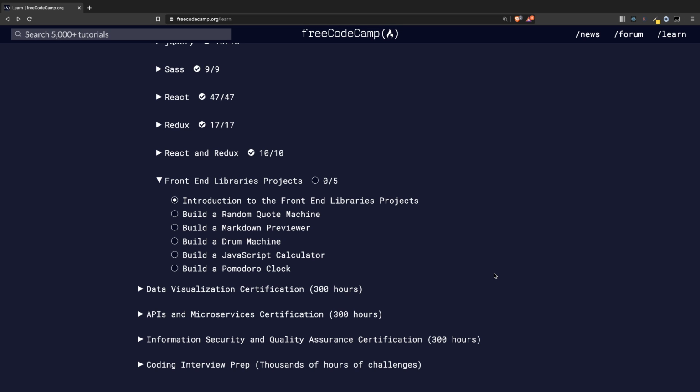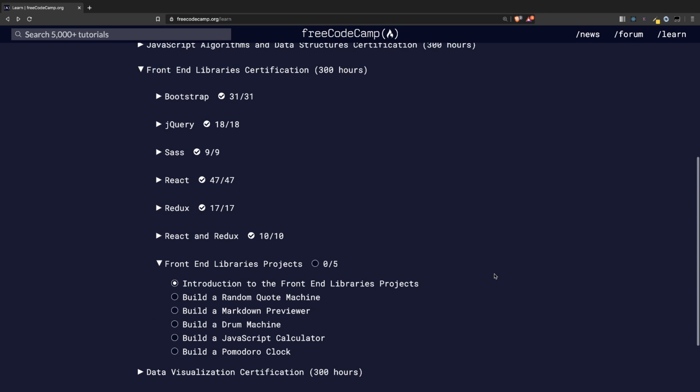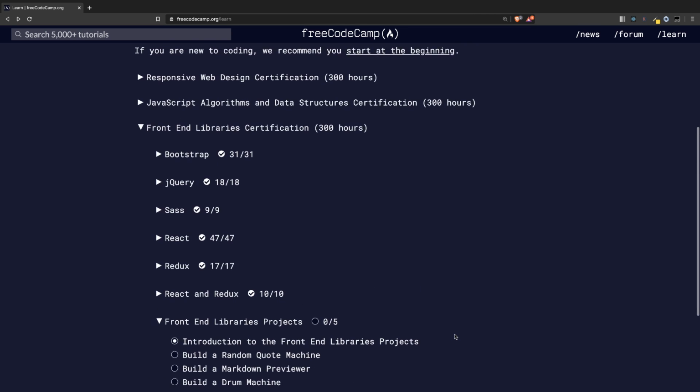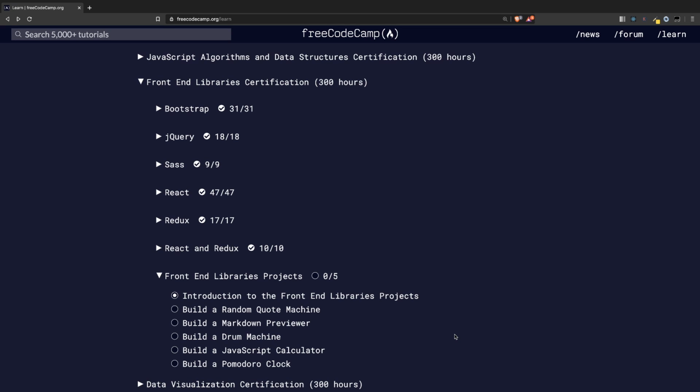Finally, we got to the project. I couldn't wait for this, and we're finally here. We're going to start today by building the random quote machine project. And after we finish these 5 projects, we will be able to get our certification, the third one, which is pretty exciting. Now let's go over what we learned so we can see what we can use to build the